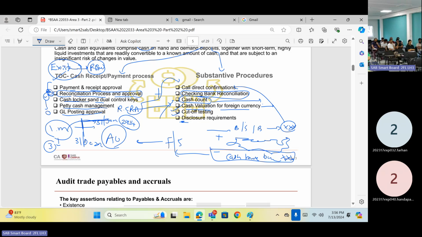Accordingly, you have to make a disclosure if there are any pledged assets. Restricted cash. What is restricted cash? Some of the cash balances are there, like savings accounts, where we can't get cash out. For some of the loans we are getting, before we get the loan we have to open a savings account and keep 20,000 in that account. Restricted cash should be disclosed under the cash flow statement.